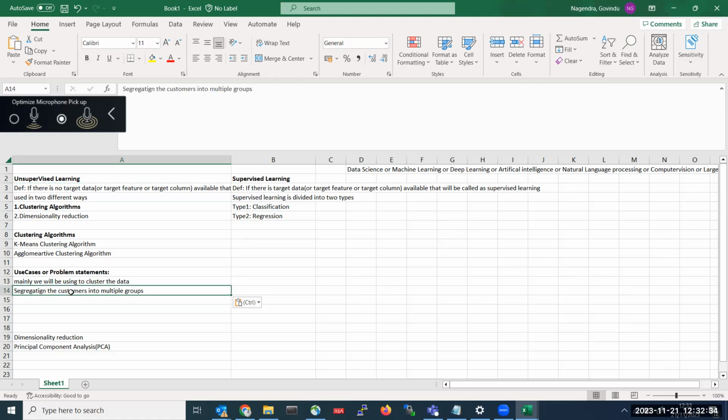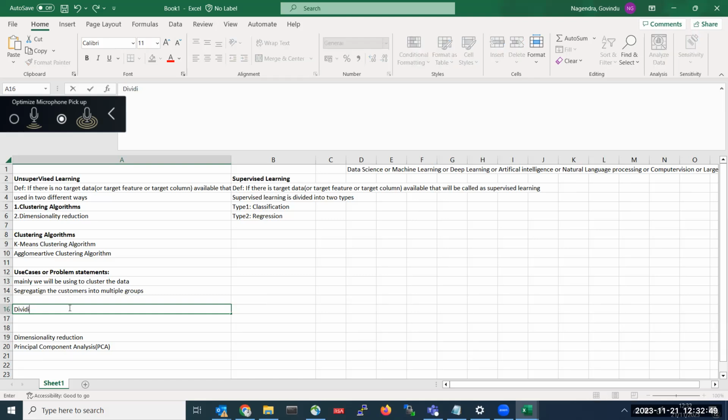If I don't have any target feature, like any information related to that dog, that cat, that human being, all those things, I simply divide them, segregating human beings, cats, and so on into multiple groups.